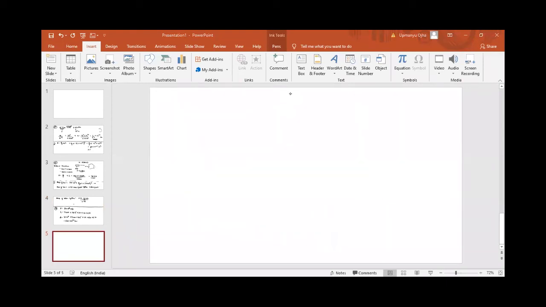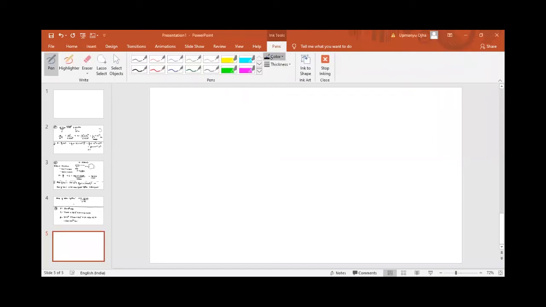Question number 23. When the observations are taken at the interval of 6 months from the Earth, then the angle of parallax is 0.4 minutes. What is the distance of the star in parsec? Okay, so 23, the angle of parallax. So do you know about the angle of parallax?